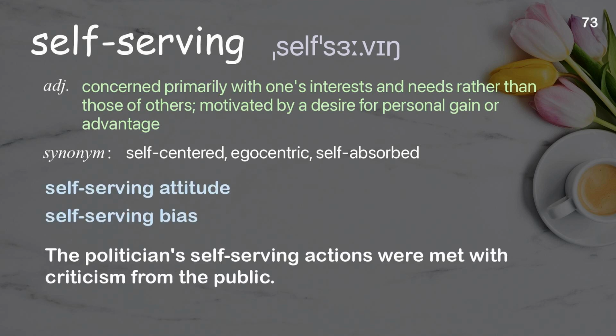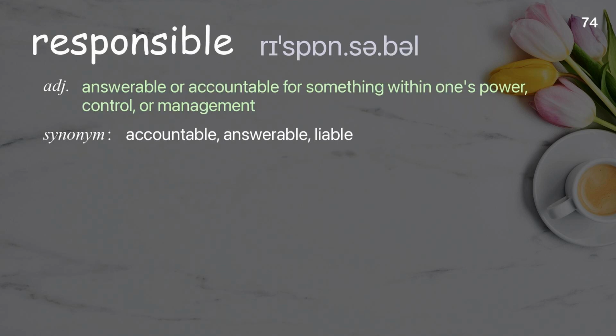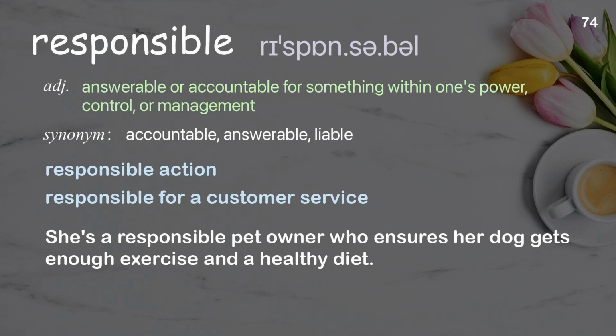Examples: Self-serving attitude. Self-serving bias. The politician's self-serving actions were met with criticism from the public. Responsible. Answerable or accountable for something within one's power, control, or management. Examples: